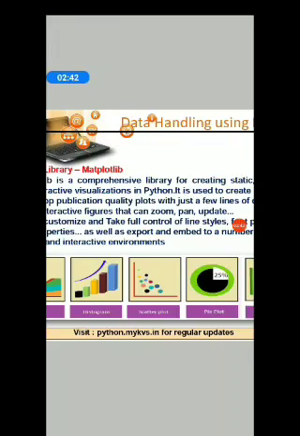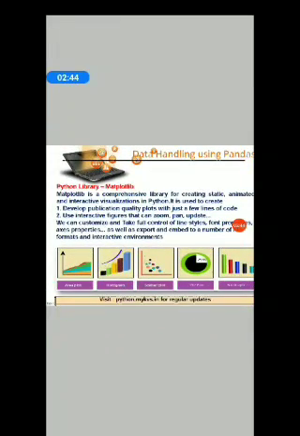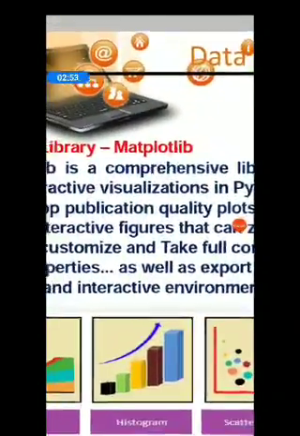Now matplotlib is basically a comprehensive library that consists of several types of graphs or plotting. So this is basically used in data visualization. Please note down, matplotlib library is used in data visualization.